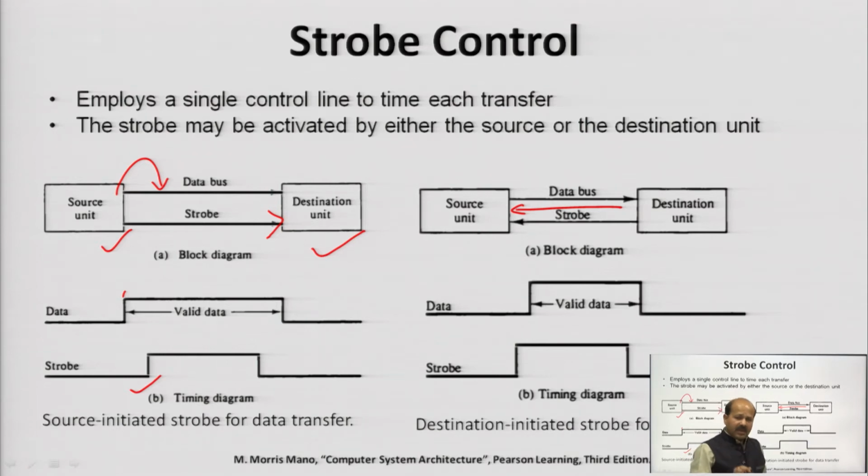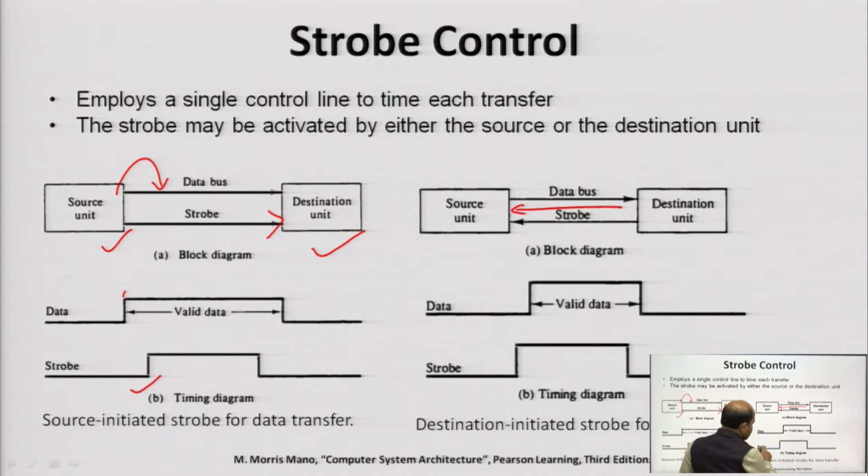because in a strobe control methodology, only one control signal is issued. So, in this case, the strobe signal is generated by the destination unit requesting the data, to inform the source unit that please provide the data. So, the destination is requesting the data from the source by sending the strobe signal. That is why this strobe signal will be enabled before the data valid signal or data available on the